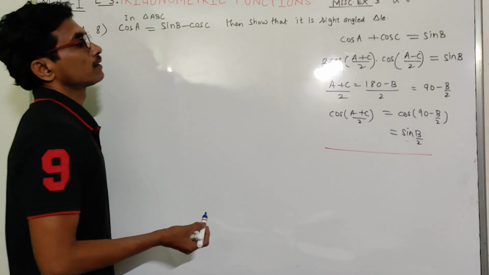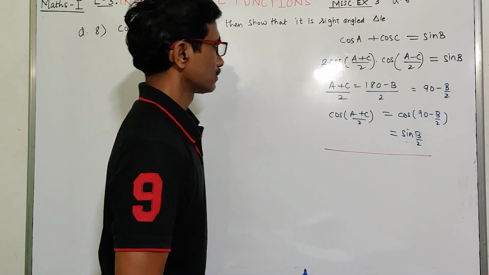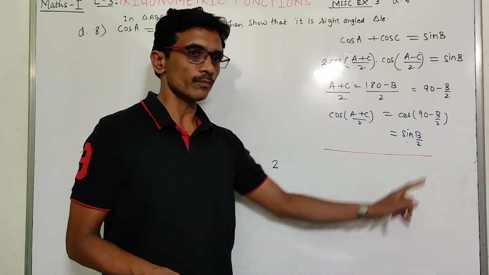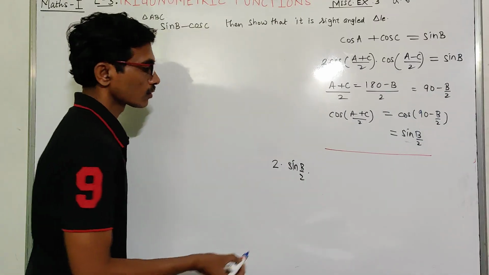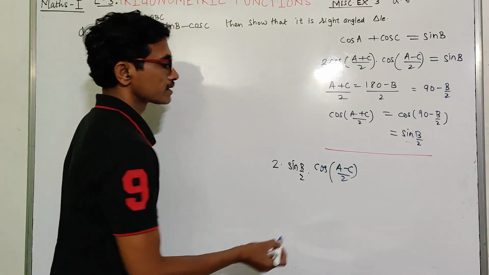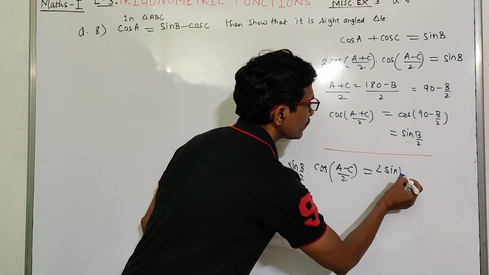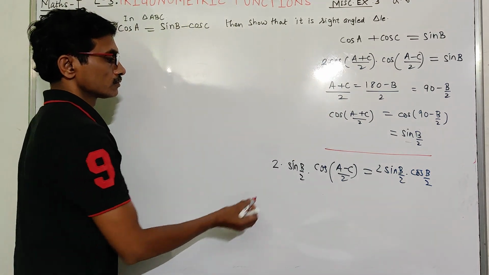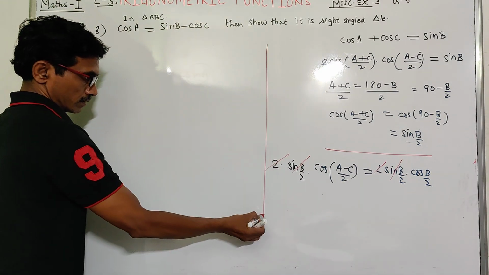Therefore, on the right hand side, sin B we will write as 2 sin B by 2 cos B by 2. So in place of cos of (A plus C) by 2, we will write sin of B by 2, into cos of (A minus C) upon 2. Right hand side, sin B we will write 2 sin B by 2 into cos B by 2. So clearly this 2 sin B by 2 is getting cancelled, and what is left, that we write here, cos